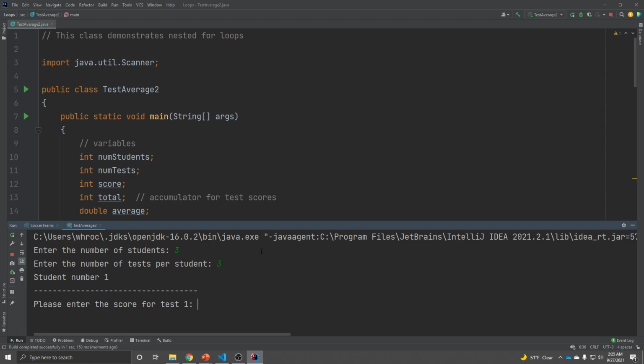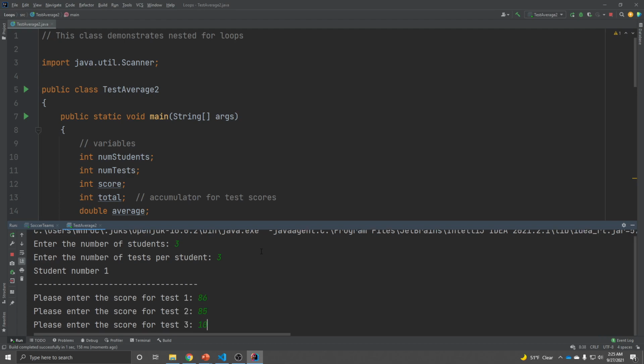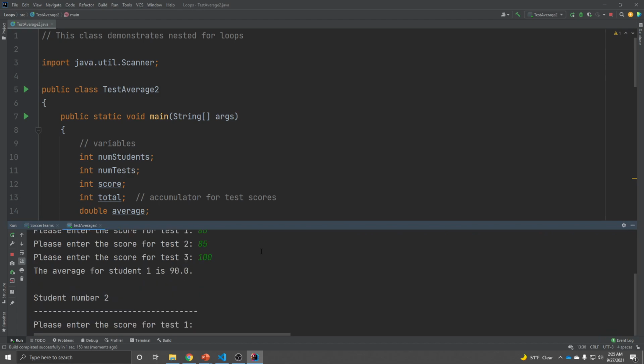So, student number 1. Please enter the score for test 1. Let's say it's an 86. Test 2 is an 85. Test 3 is a 100. So the average for student 1 is 90.0. All right, so our